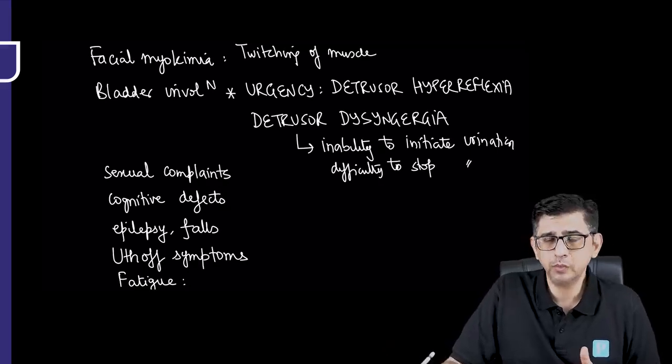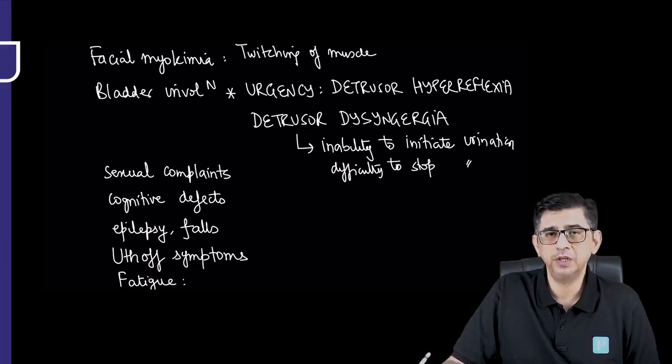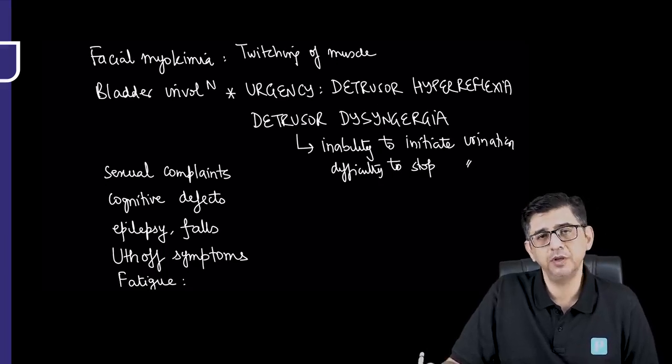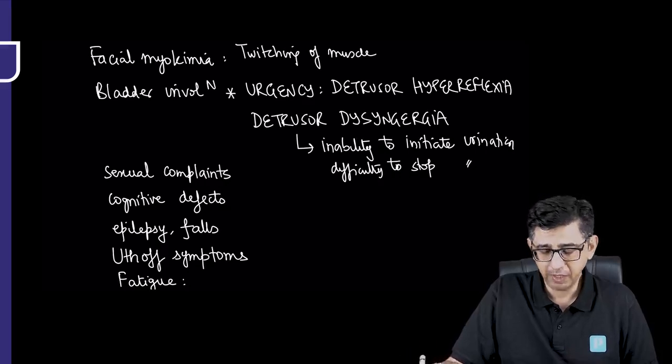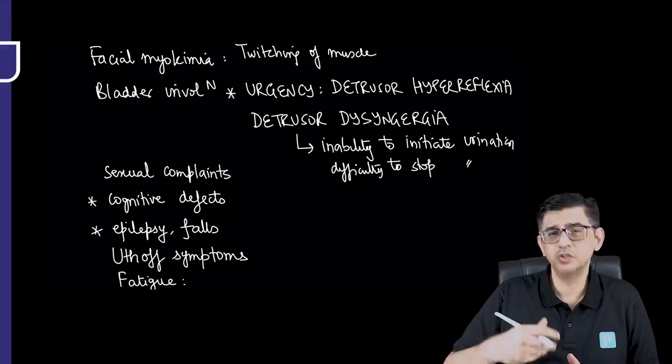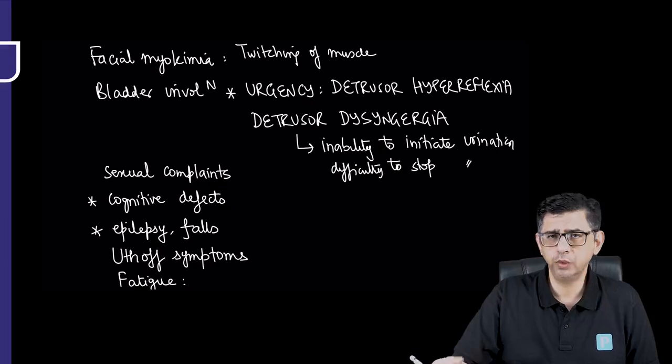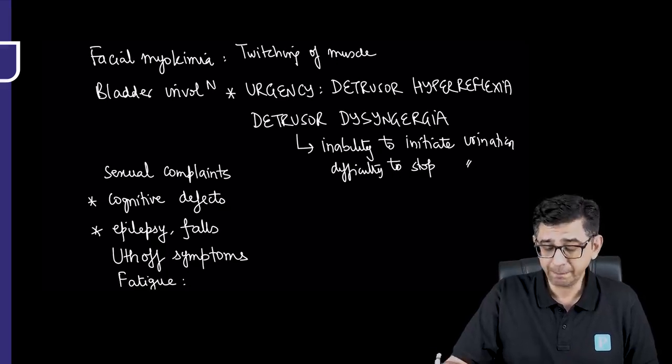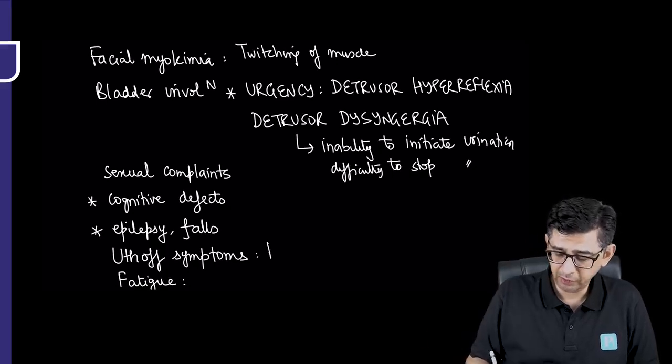Then sexual complaints would be the ability to sustain erection in a male patient, or in a female, lubrication of genitals would be hampered. Cognitive defects, yes, that's an important part, because traditionally in this disorder, we always read about non-contiguous involvement. The diagnostic feature is obviously non-contiguous white matter involvement, but even cognitive defects, epilepsy and falls can be seen in these patients. Uhthoff symptoms I've already explained, that every time there is going to be an increase in the body temperature